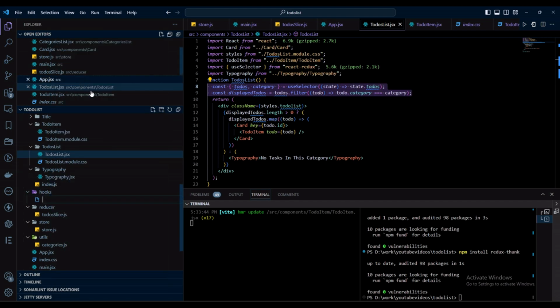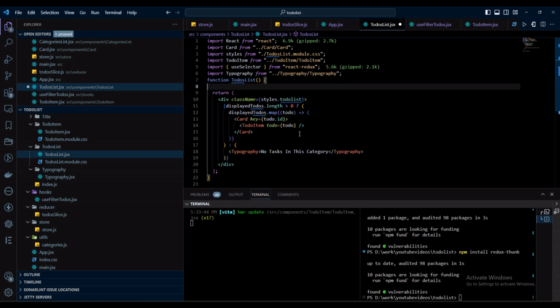Okay, so useFilter. Well, all the hooks we need to start naming, they follow a naming convention, so we need to start with use. So useFilterTodos.js. It needs to be js, and